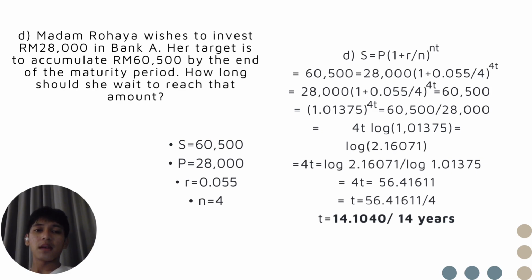And then 28,000 open bracket 1 plus 0.055 over 4 close bracket power of 4t equals 60,500 ringgit, and then we would get